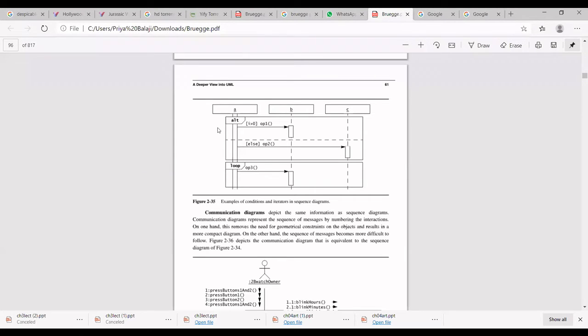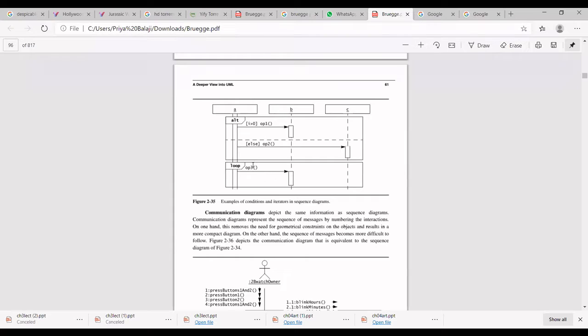Yes. So other than the alternative, you have looping operations also. In your sequence diagram, you can show a looping operation. What is a looping operation? For example, in your ATM itself, I want to withdraw 40,000, but at a time I cannot withdraw 30,000 or 40,000. So I will keep doing 10,000 withdrawals. After completing the transaction, it will ask you, do you want to continue? If I press yes, again it will go to the same set of steps. It will ask you to enter the amount, then it will check how much balance is available. If the balance is sufficient, it will go for withdrawal. If the balance is not sufficient, it will go for the next option. Am I right?